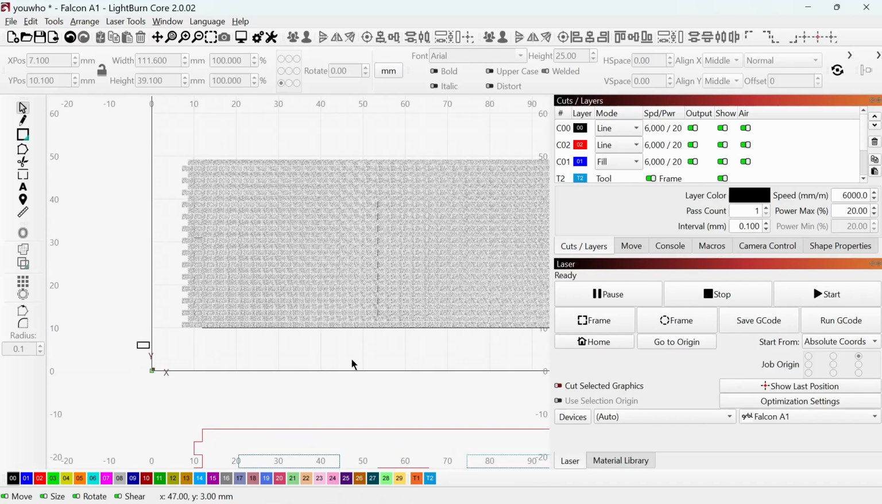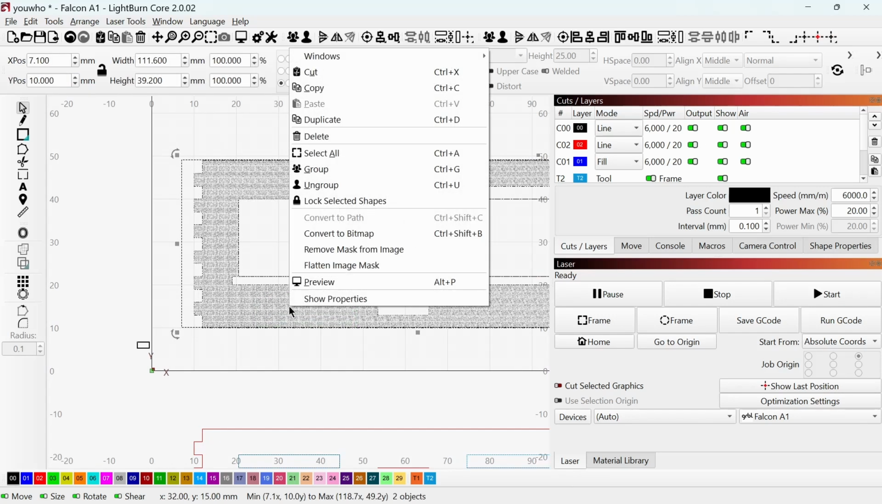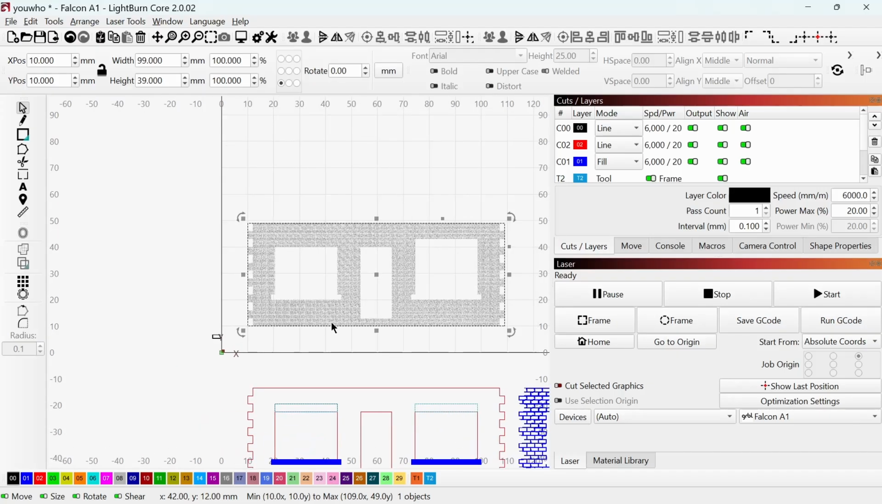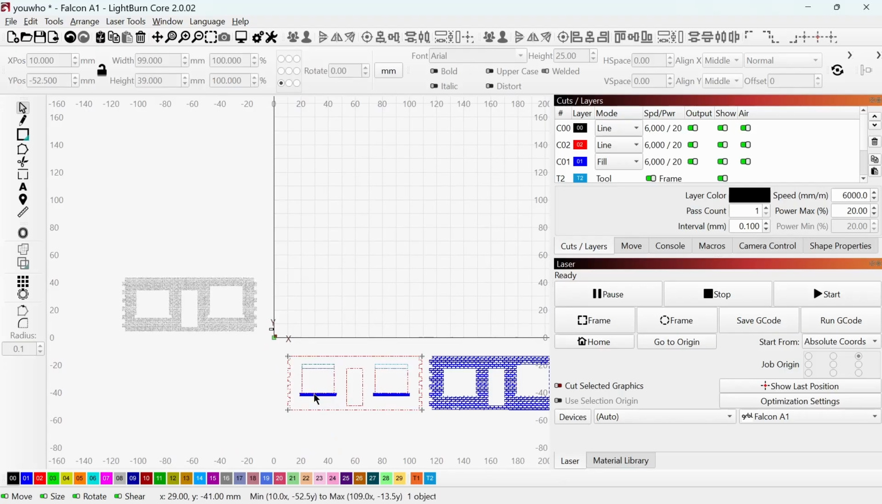So now up I come, select the two of them, right click, apply image to mask, right click again and flatten image to mask. That's me got my brickwork image. All I need to do now is put them all in place. So if I put the front up first, the cut lines, Control D, 1010. Select the brickwork, put it up to place,